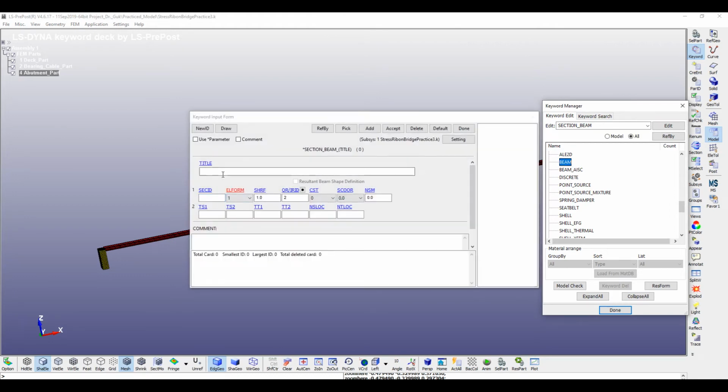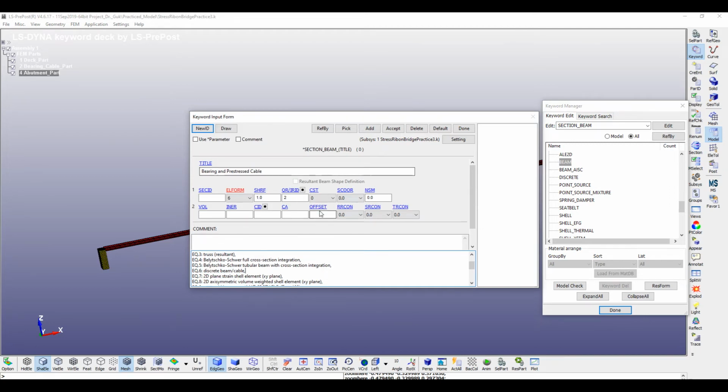Beam type section. From here we will select the element type for bearing cable and pre-stressing cable. So I will title it here bearing and pre-stressed cable. In this case, to define the material property, we have to select 6. From 6 we can get this one, discrete beam or cable type element,